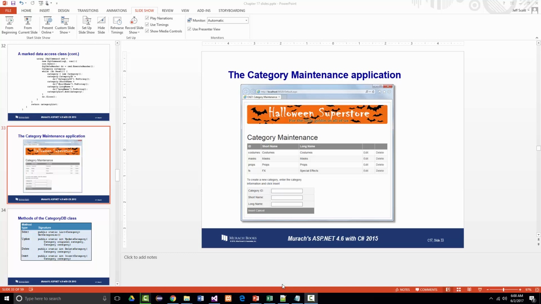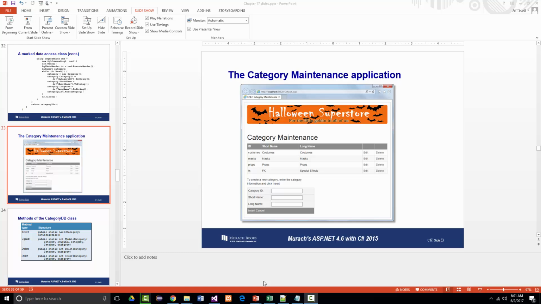This is Jeff Scott of Rankin Technical College, and I've been going over the PowerPoint slides for Murach's ASP.NET 4.6 with C# 2015, 6th edition, for the AWD1111 Web Databases or .NET Framework with Web Databases class on ASP.NET. We're in the middle of Chapter 17 of 25 of our textbook, and we're about to go over this category